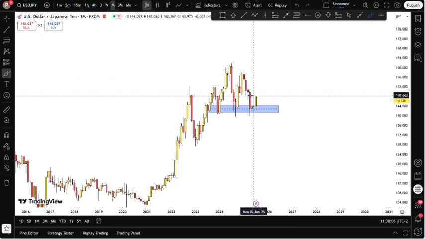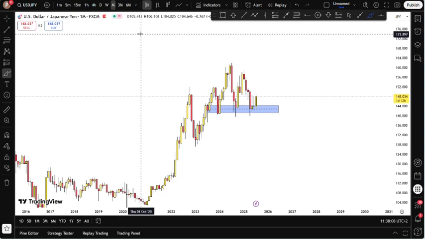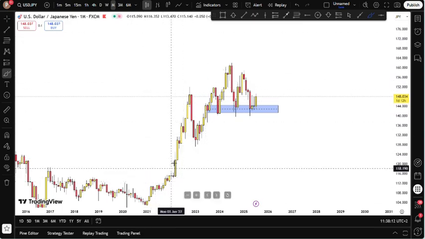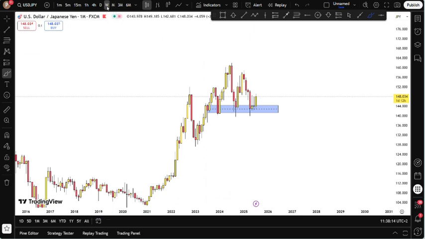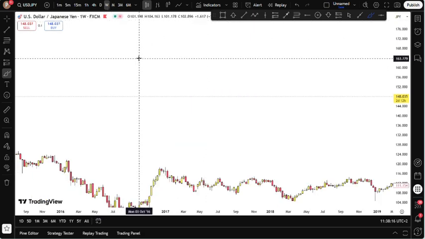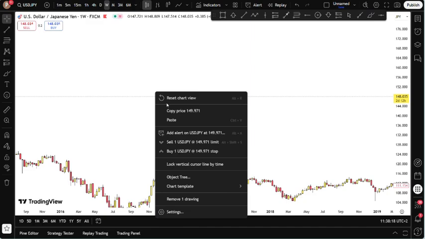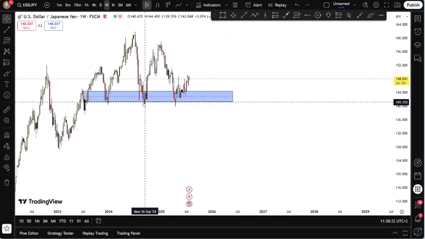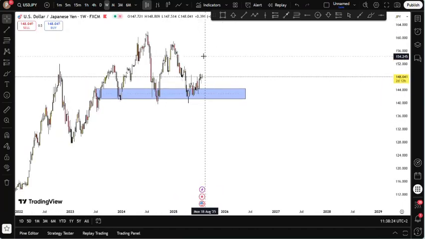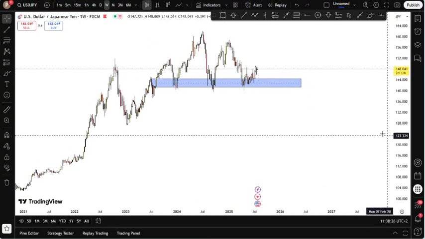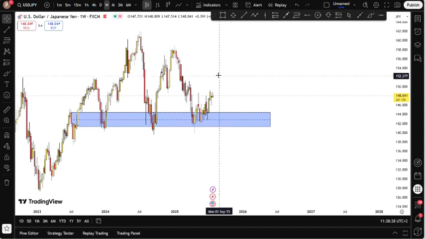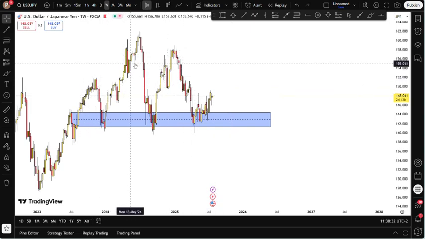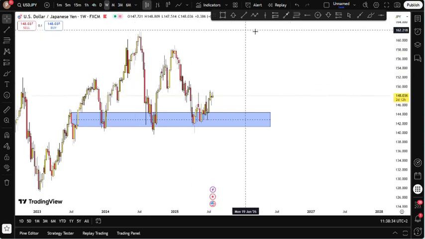But as you can see, we are bullish, right? That is a bullish setup. Since this is a bullish market, this is a bullish trend. Japan will forever be weaker compared to the USD, unless they fight, like a serious fight. But as long as they are advancing in peace, they are never going to beat America. I don't think there's a country that can do that. What those people did is what they did.